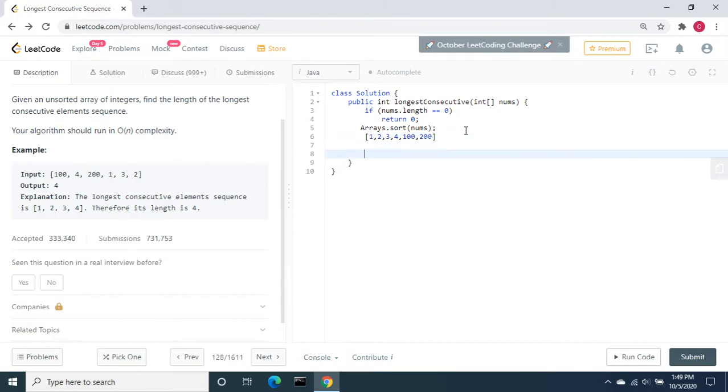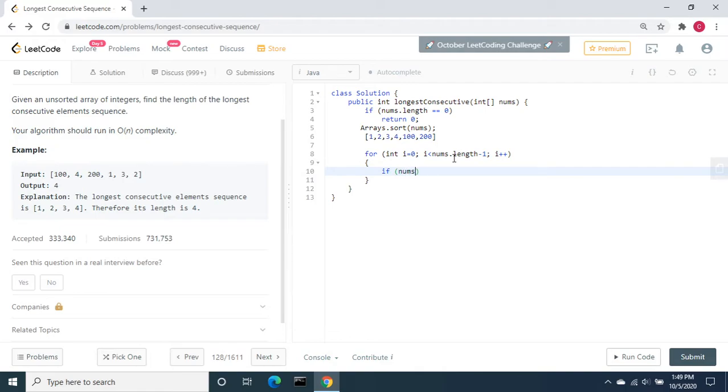From here, let me write a for loop: for int i equal to 0, i less than nums.length minus 1, i plus plus. The reason we put length minus 1 is that I am going to compare the current and the next element.